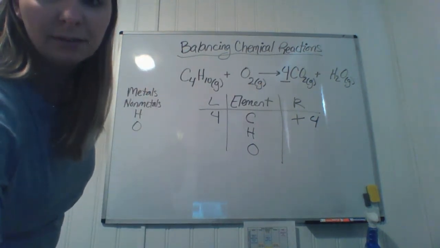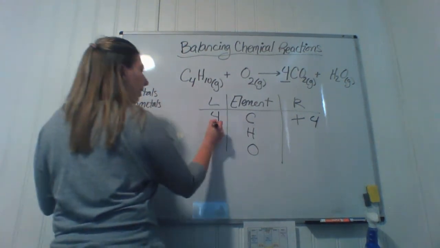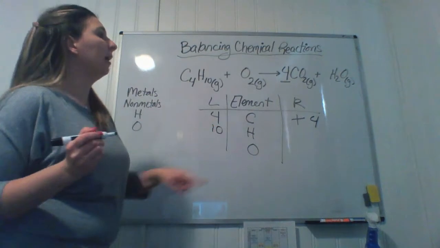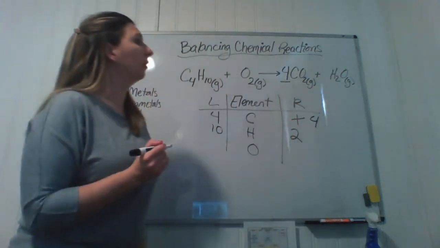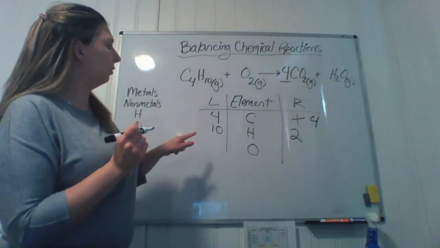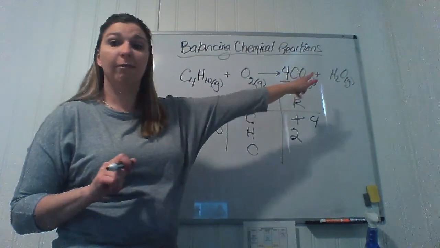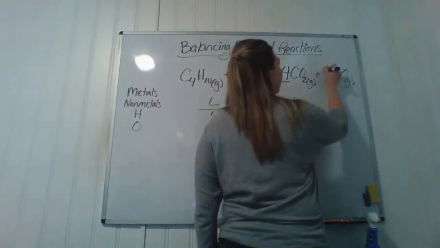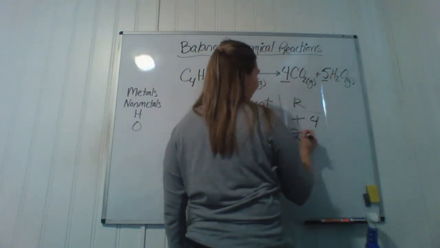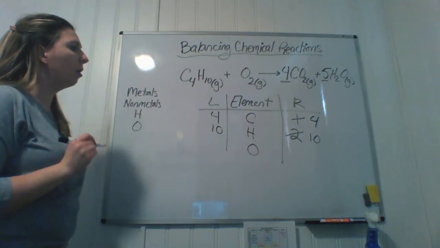We have 10 hydrogens on the left, and we have 2 hydrogens on the right. Okay. So what we can do here to balance is that we can multiply the 2 by 5 to give us 10. So we're going to put a 5 in front of the H2O,